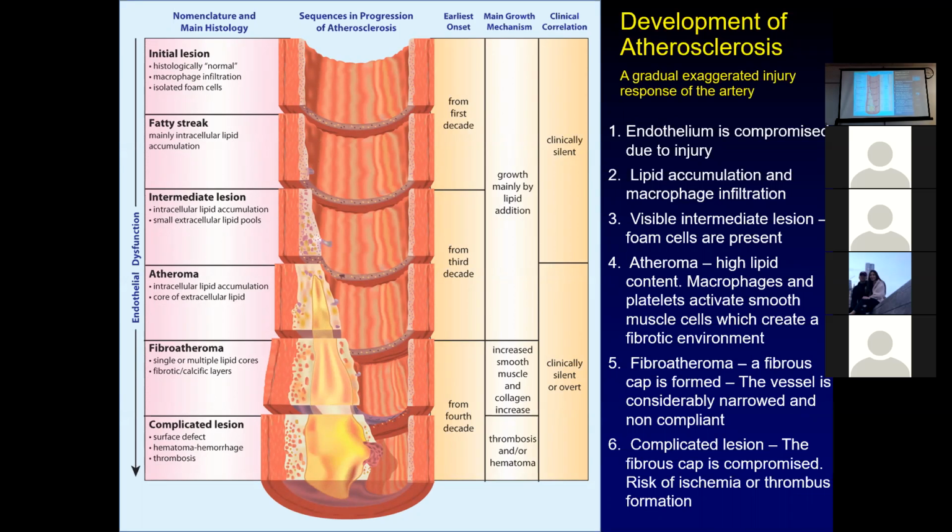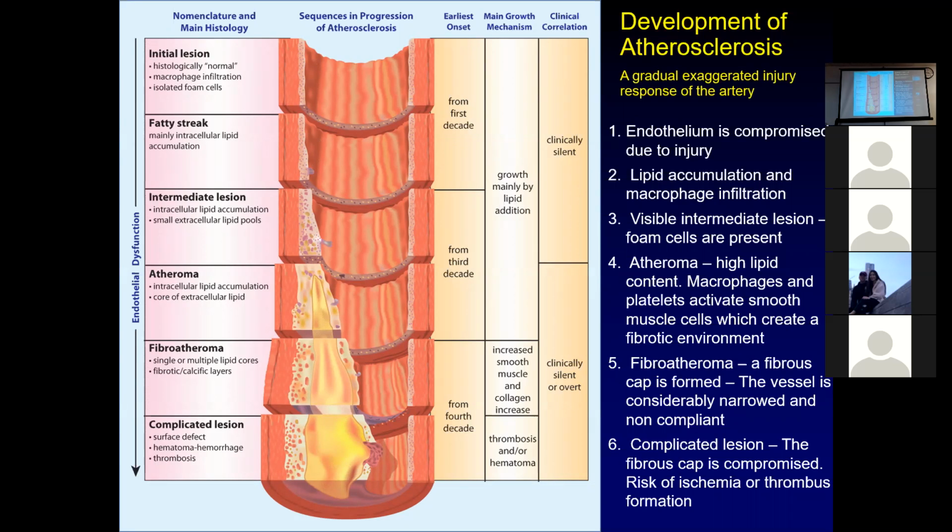We're getting lipid accumulating in this cell layer, okay? Eventually you're going to get enough of these things that we're going to form what is called an atheroma, okay? We're going to form these atheromas. And so to get an atheroma, there's lots of lipid that has been deposited in here, lots of foam cells,